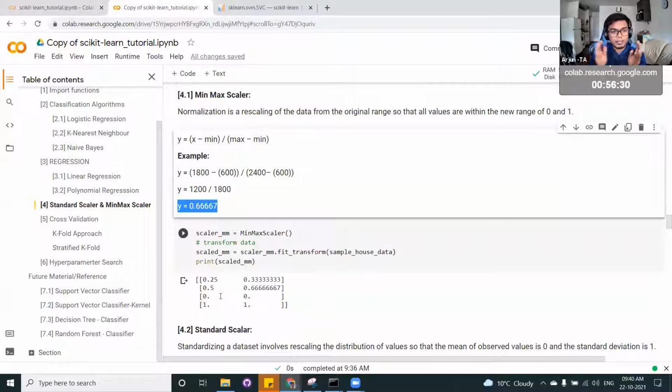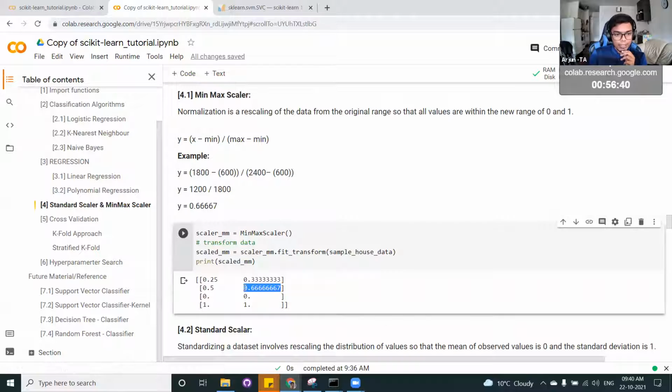So now we have passed in a very nominal range, and that is how you got 0.667. Similarly, you can see here the number of bedrooms has changed to 0.25. It might not be that meaningful to a human being, like seeing the number of bedrooms as 0.25 or the square feet as 0.667, but for the machine everything is just numbers.